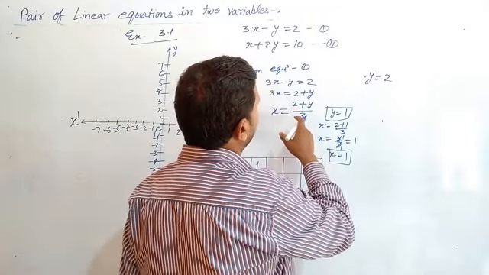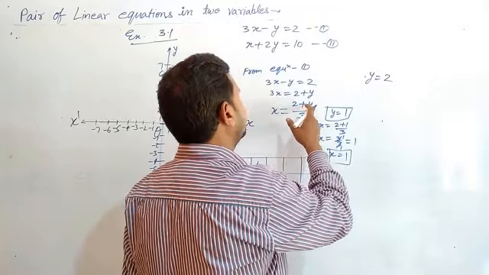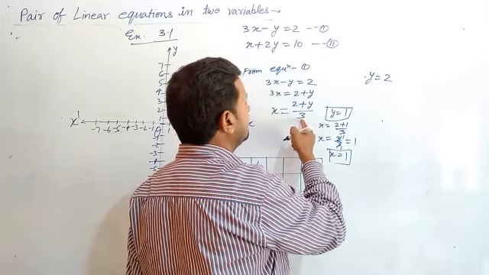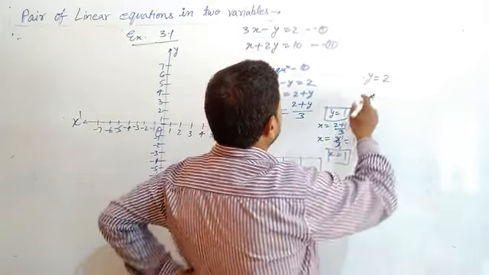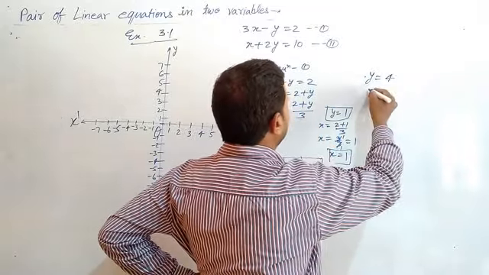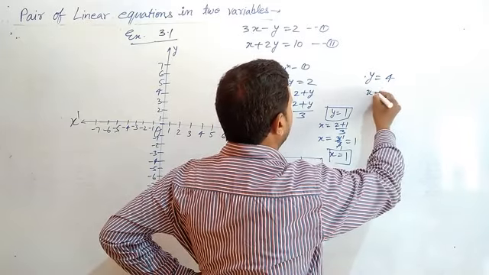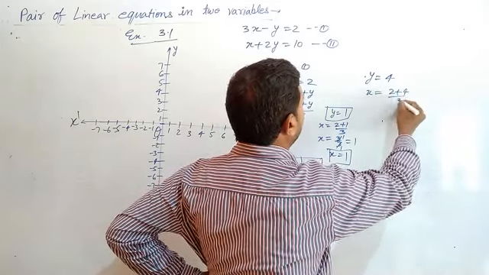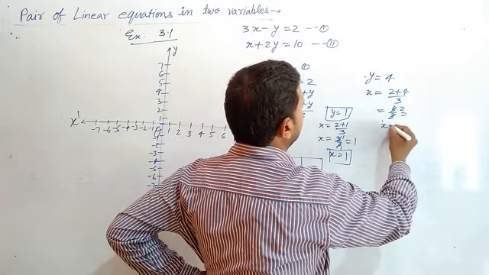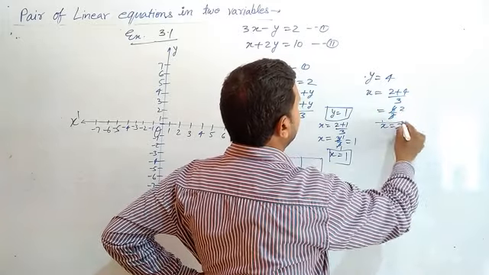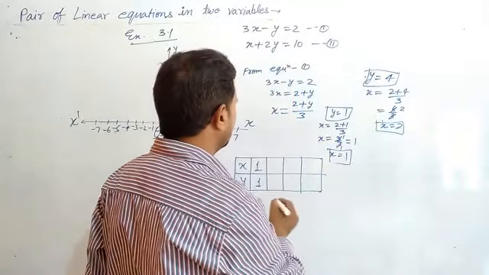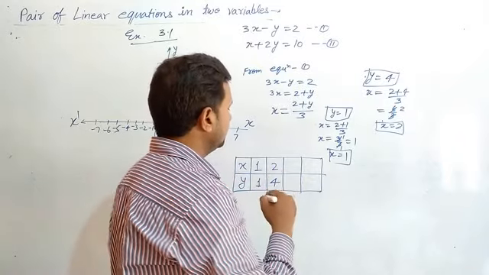can be cancelled out easily. Okay. Now here we take value 2 to 4, 2 plus 2 is 4, but it cannot be cancelled out by 3. So we take here value 4 plus 2 is 6. It is easy to solve. So x is equal to 2 plus 4 upon 3. Now 6 upon 3, 3 to 6, cancel out it. x is equal to 2. Means when we put the value y is equal to 4, we find x is equal to 2. y is equal to 4, x is equal to 2.